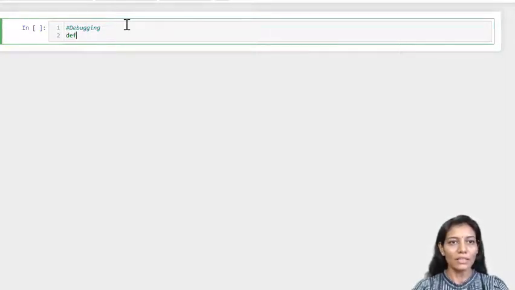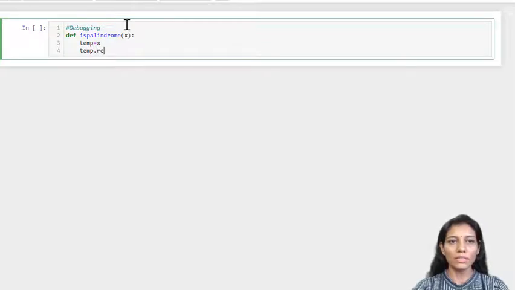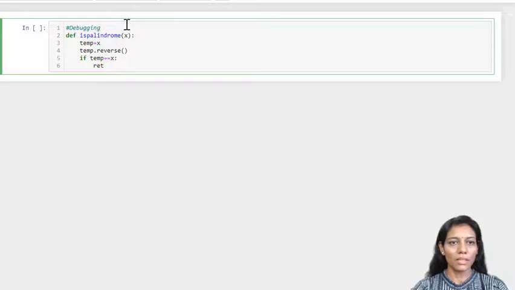So I'm right now defining is_palindrome. This is my function which will take a list, x. Then I am writing a temporary variable equal to x. I'm using the inbuilt reverse method of the list in order to reverse it, and if temp equals x, that means after reversing both lists are matching, which is my intention, then I'll be returning true.